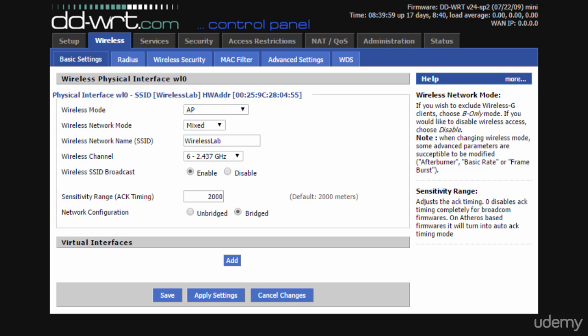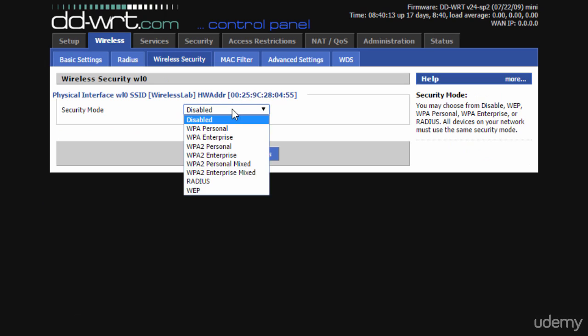So if you're not the type of person who prefers using command line utilities like I am, this video might be just for you. Let's start by enabling WEP encryption in our access point. For that, we navigate to the wireless tab of the access point administration panel, and from here we select wireless security. Right now the security mode is disabled, so we'll need to enable WEP security by selecting WEP from the